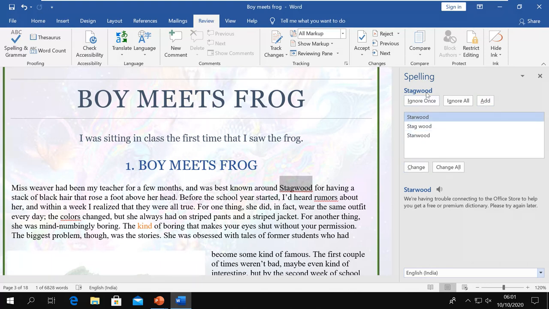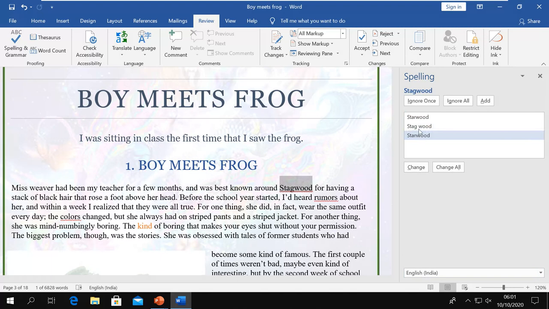Now if it is a spelling mistake, then I will change it with the correct spelling which it is suggesting. So it is suggesting that it should be like this. If you feel you have made the spelling mistake, then you can choose the suggestion and change it. And if you have the same word in many other places in the same document, then you can say Change All. Instead of detecting one by one, it will go through, and I can say okay, Change All, this is my mistake.